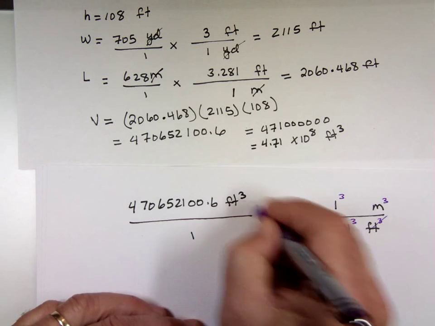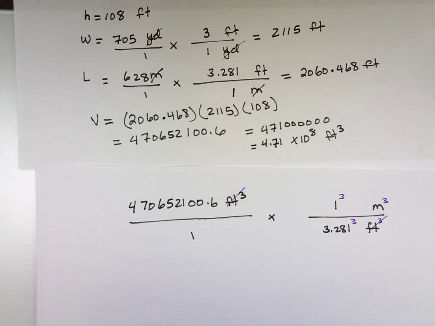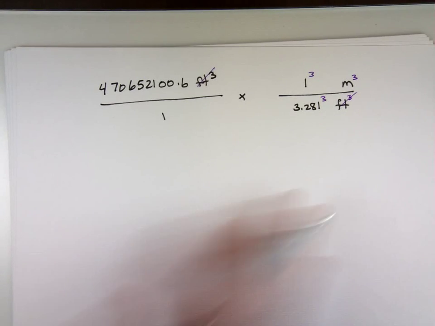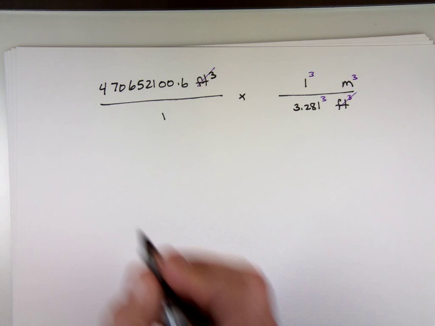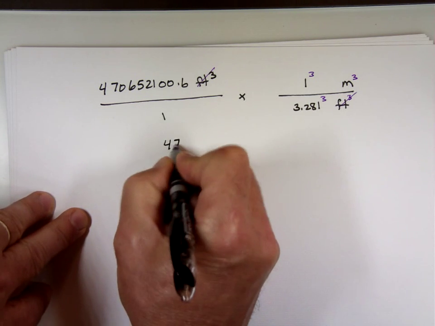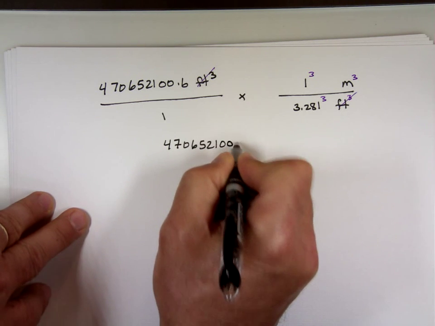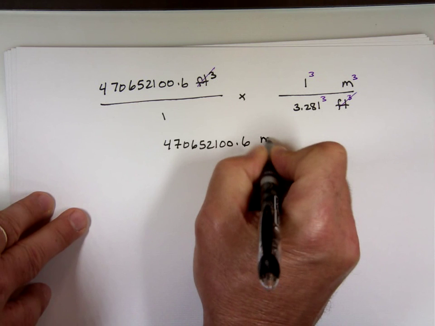So this number on the top does not change now. It stays, because 1 cubed is 1. That'll be 470652100.6 cubic meters over